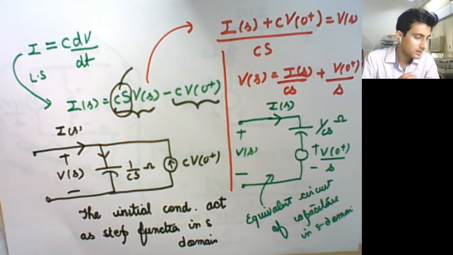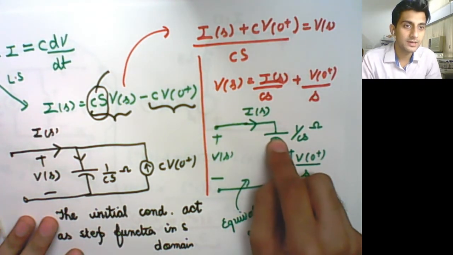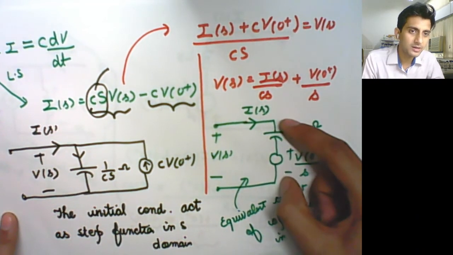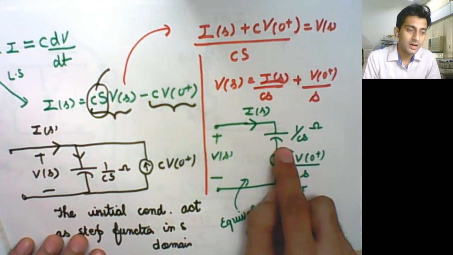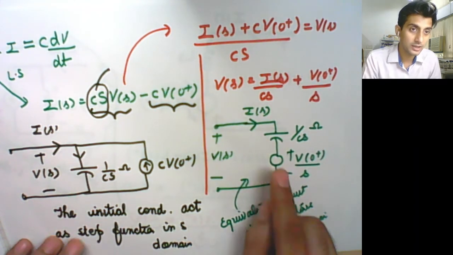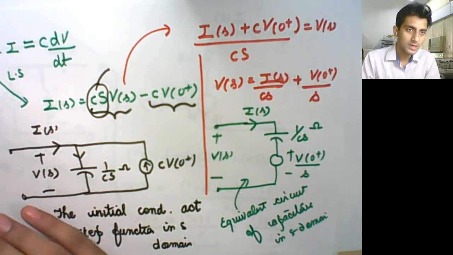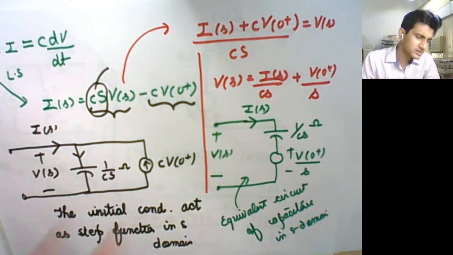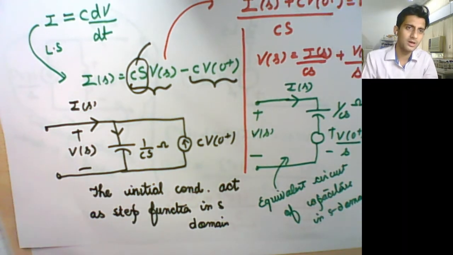So what happens is this initial condition will provide some value of voltage to itself, even at t equals to 0. अगर ये नॉन जीरो है, इसका मतलब नॉन जीरो होने का मतलब है इस पर्टिकुलर ब्रांच में ऑलरेडी इसकी वजह से एक वोल्टेज आ जाएगा इवन एट t equals to 0. एंड देन अगर t equals to 0 पर ही इसमें कुछ वोल्टेज है, देन यू विल हैव टू सॉल्व योर सर्किट अकॉर्डिंगली, क्योंकि सारे वोल्टेज जीरो नहीं है. इट इज नॉट टोटली डिस्चार्ज कंडीशन. तो when we will do such type of things in our examples and in the next part of this lecture itself, the things why I'm saying that the initial condition acts as step function will be clear to you. I agree that this was just thrown and was not explained.